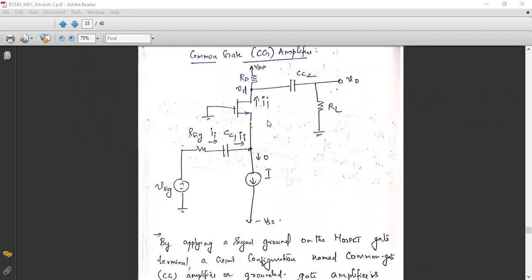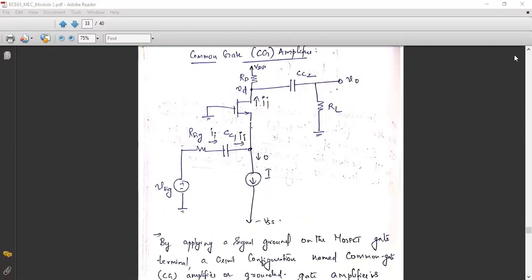Okay, good evening. In the last class, we discussed the common source amplifier. The two cases we discussed were with the source resistance and without the source resistance. The advantage of using the source resistance is that you can reduce the gain, but that gain will be stabilized. The gain is reduced by a factor of 1 plus gm into RS after adding the source resistance. But you can give a negative feedback, and based upon the negative feedback the gain is stable. That is what is known as degeneration feedback.